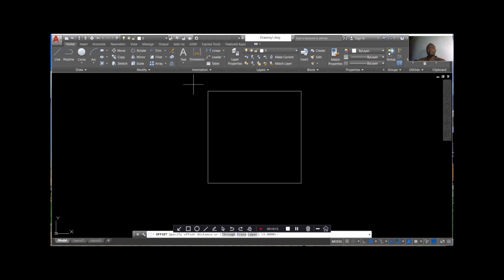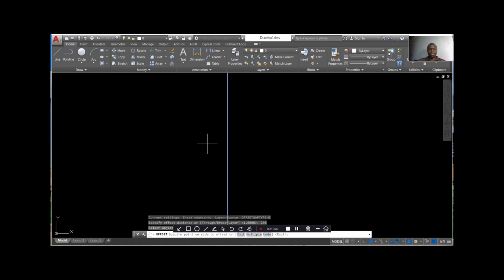All right. So let's say it's going to be a double wall, a double walled room. Okay, I'll click offset and then I'll specify my distance as 230 millimeters, right? Then I come here, I click all the lines, and since we have said the maximum of our rooms is